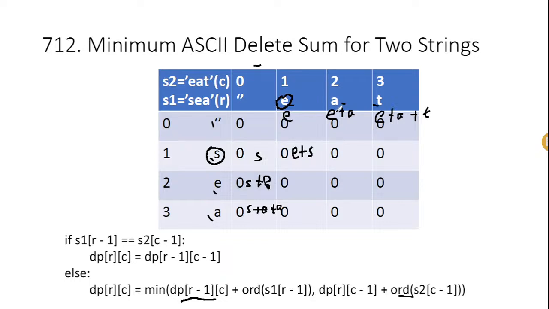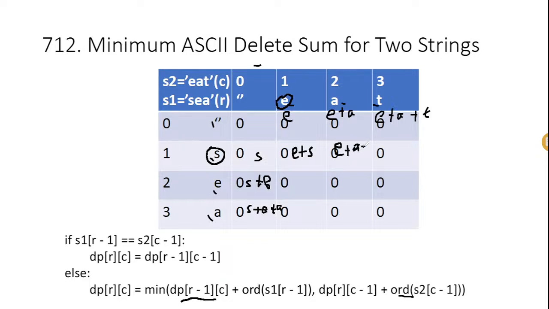Now let's go to the next position. So next position, this S is not equal to this A character. What should we do? We should first use the E plus A. If we use E plus A, it means we will take this S out. If we take this S out, we have to plus the S character. So it is E plus A plus S. And here, E plus S plus A. It's also equal. So the final result, minimum of them, should be E plus A